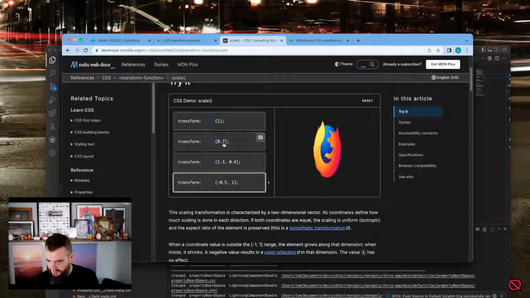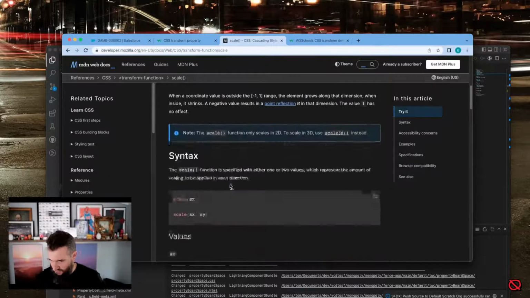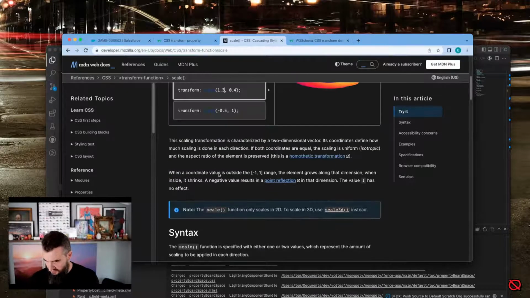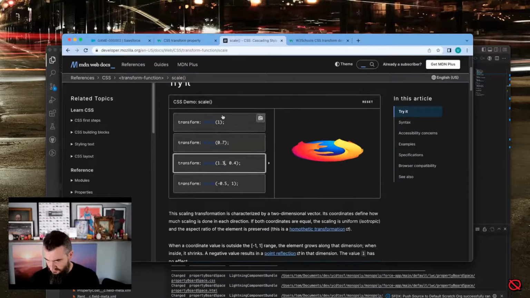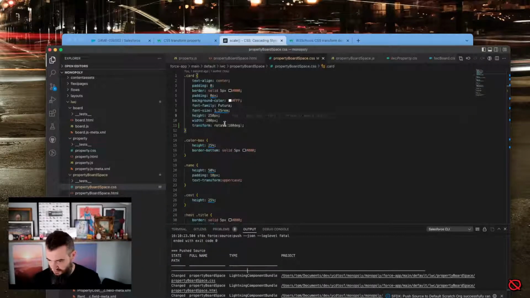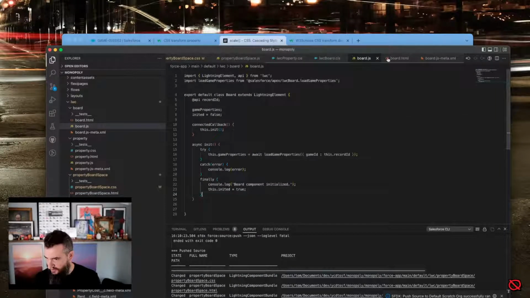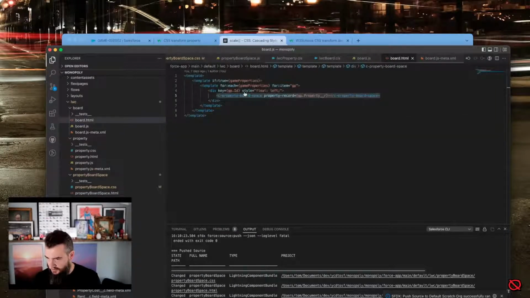Oh, I see. You have an option to set both of them. So can I scale? It's like a 0.7x. So I can make the whole thing smaller, right? This is outside of, this is out on the board. Can I make the whole board a little smaller so that,